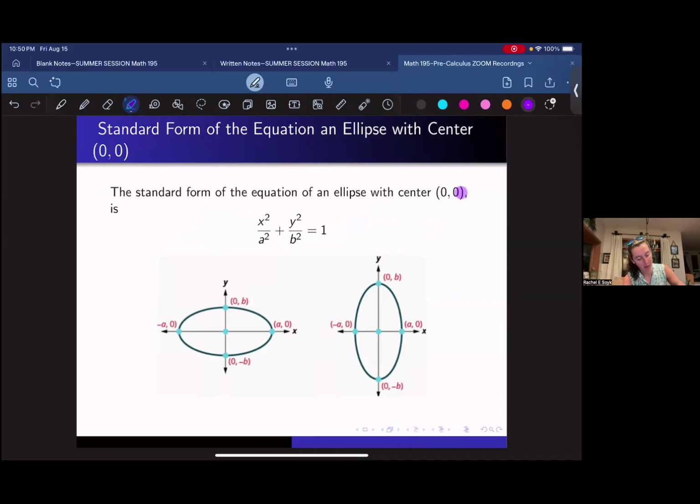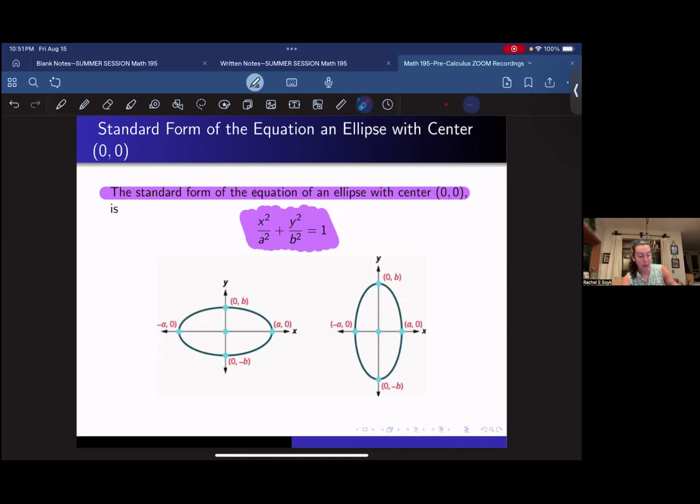I keep saying circle, but I'm talking about an ellipse here, right? Circles have the same length all around. With an ellipse, it's not the case. So our standard form is x squared divided by a squared plus y squared divided by b squared is equal to 1. And so our a is always representing that distance